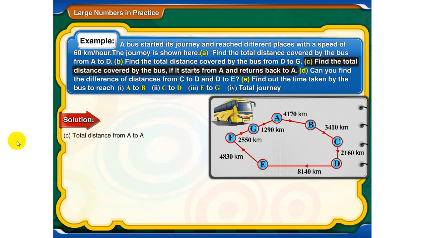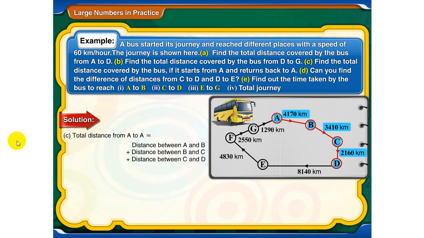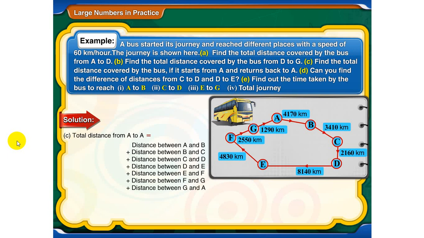C. Total distance from A to A. This is equal to distance between A and B plus distance between B and C plus distance between C and D plus distance between D and E plus distance between E and F plus distance between F and G plus distance between G and A. So that is equal to